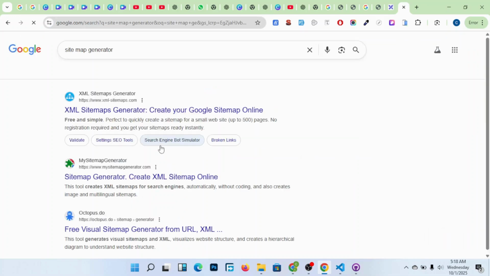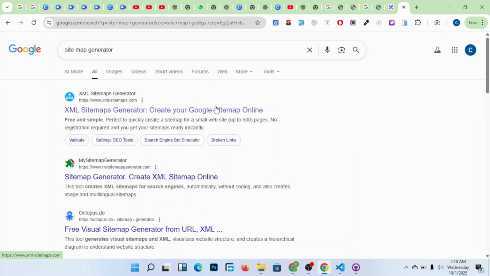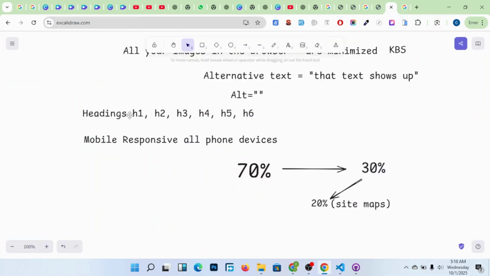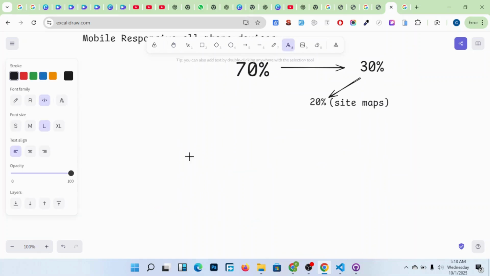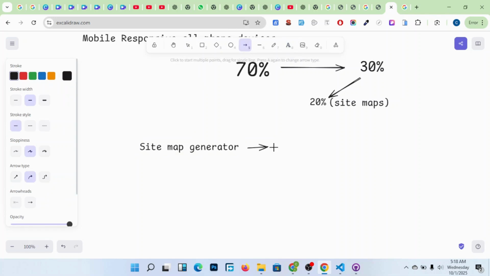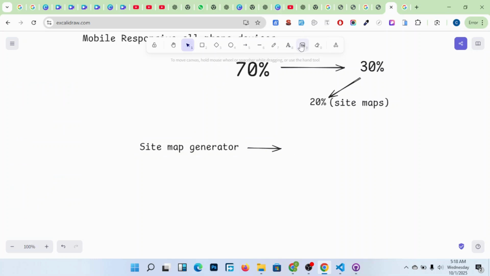I type in XML sitemap generator. What does a sitemap generator do? This one here enables those Google robots to crawl your website.